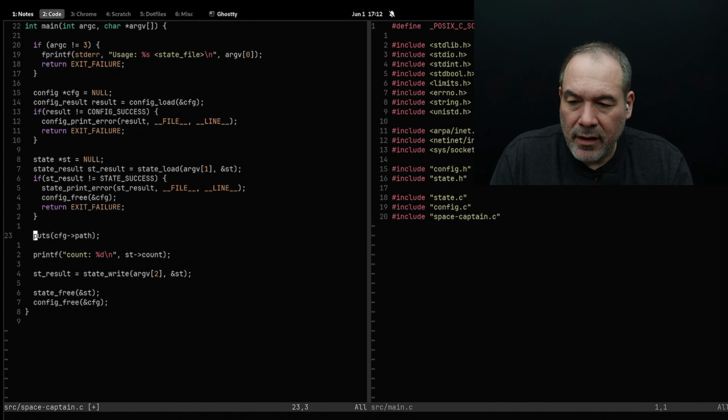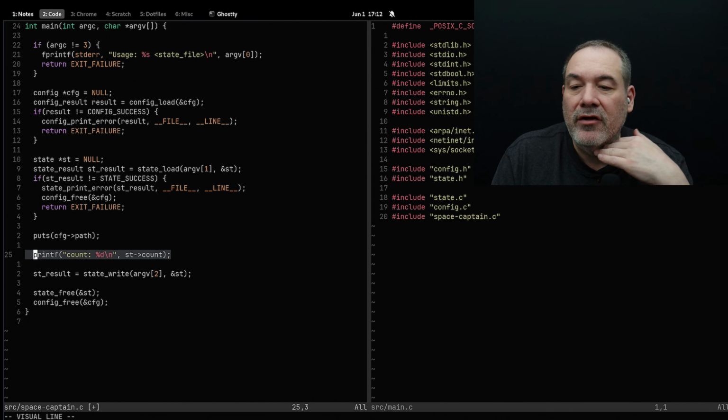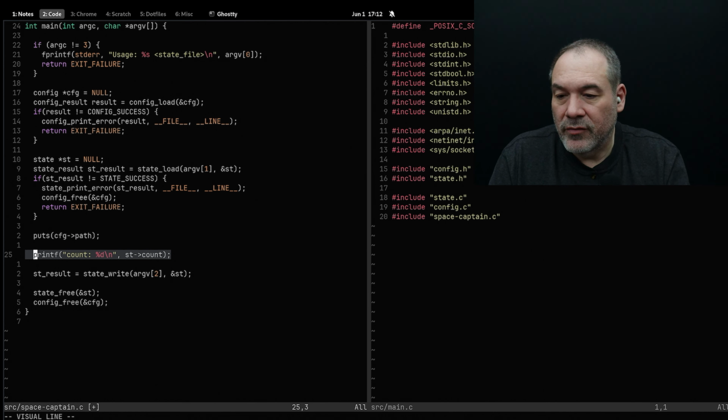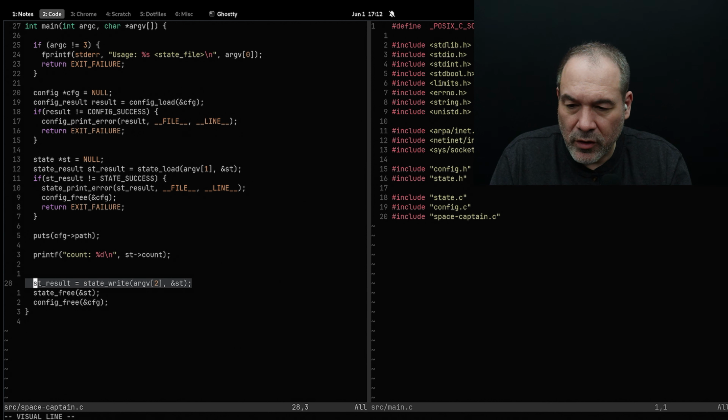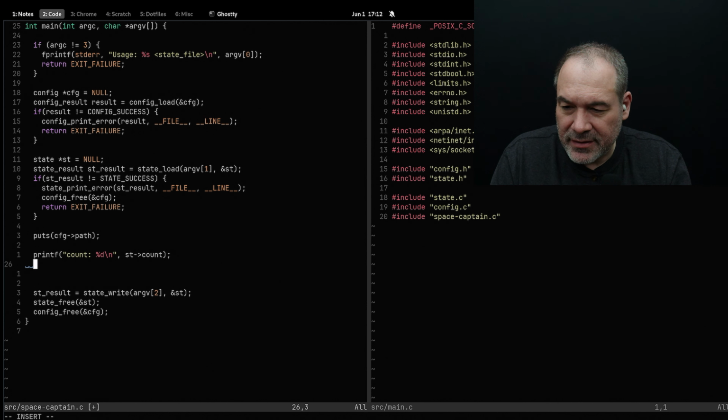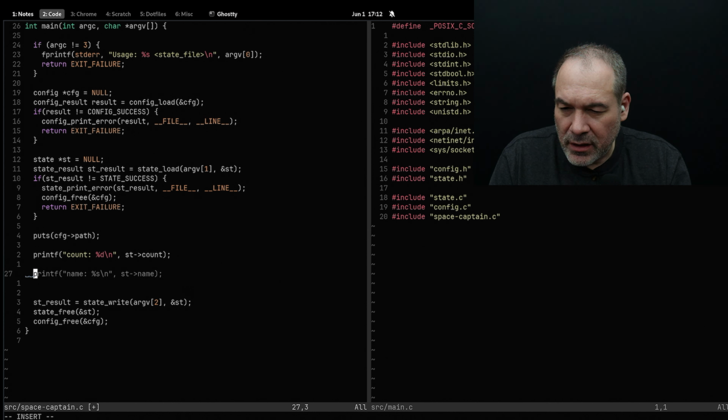Okay, and what we do then is we output a value from the config and we output a value from the state, just to show that we have access to them. Then as part of the shutdown, we're writing the state, we're freeing the state, we're freeing the config. Okay, but the part we want to do now is basically we want to say